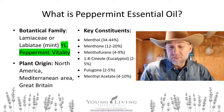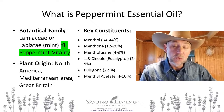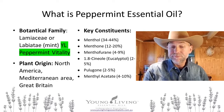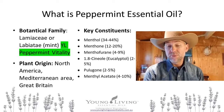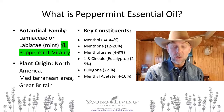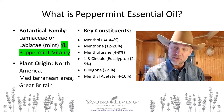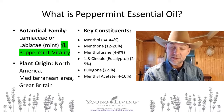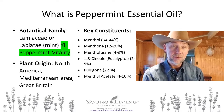Or during the hot months, I put a drop or two in my drinking water, or make a cooling mist to spray on my skin. There are many different hybrids of peppermint that are grown all over the world. As a matter of fact, most books note that peppermint may actually be a hybrid between the watermint and the spearmint plants. Some companies may try to substitute a species within the family and sell it for therapeutic use. So make sure you know the source and are purchasing from the right genus or